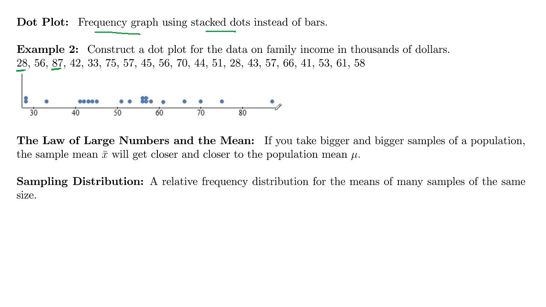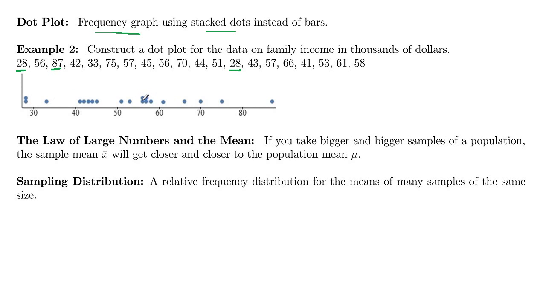And then for each data value, you just put a dot on the graph. So I've got a 28 here, so you get that first dot. 56, so that's a dot here. 87, that's this dot here. 42, that's this one here. You just keep going. And then when you get a repeated value, like here we have another 28, then you stack two dots high at 28. So 28 had a frequency of 2, and then it looks like